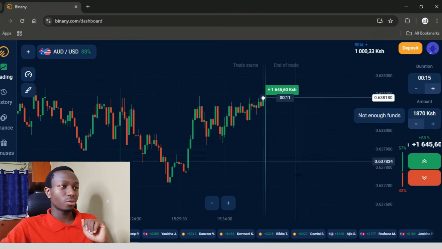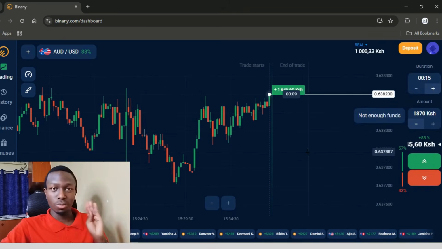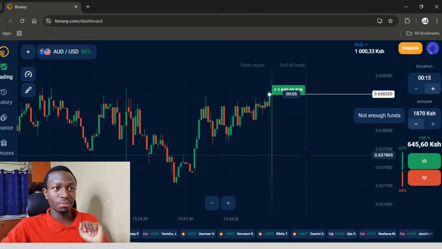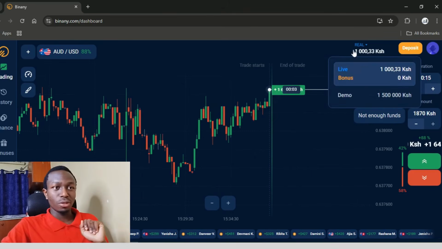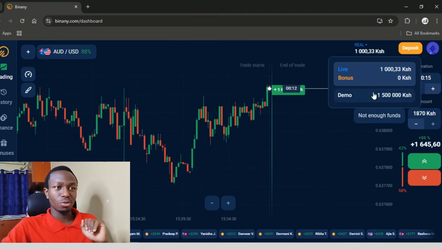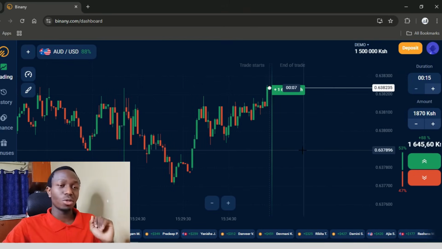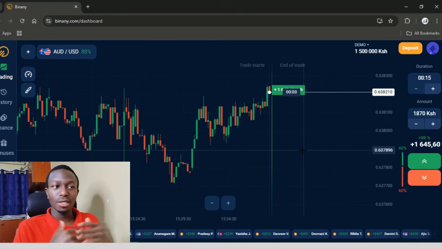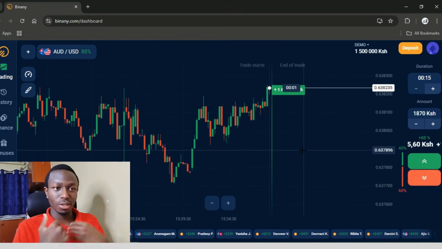Since I already have my account, I'm going to go straight into showing you how this whole platform is functioning. Now, of course, when you deposit, you have a live account and you have a demo account. So in this case, I'm going to use a demo account. Of course, when you're trading on a real account, you have to understand how the markets are moving for you to make correct